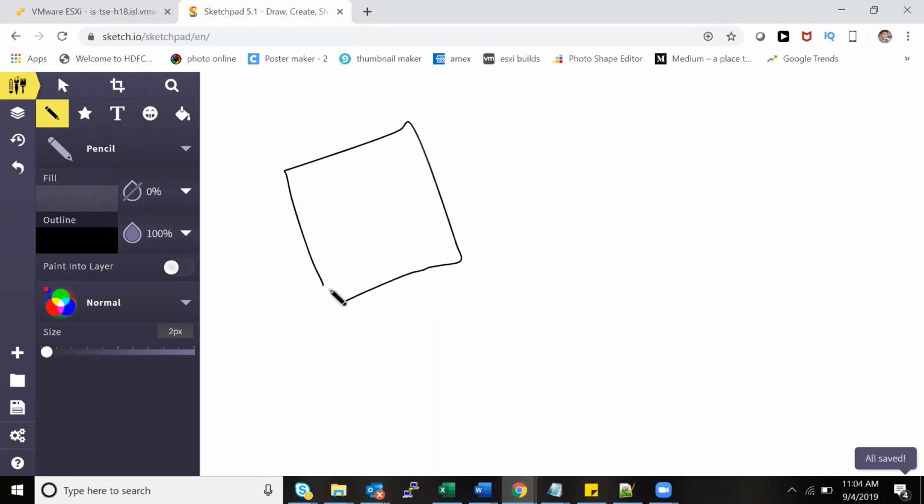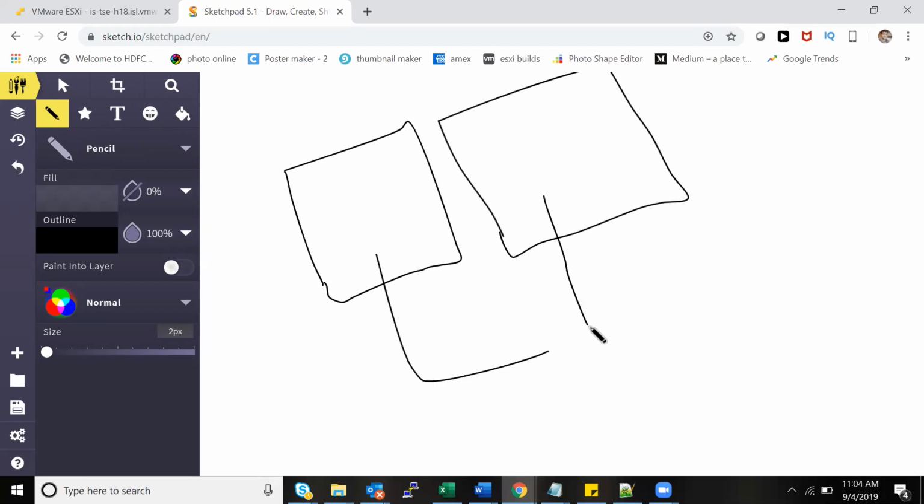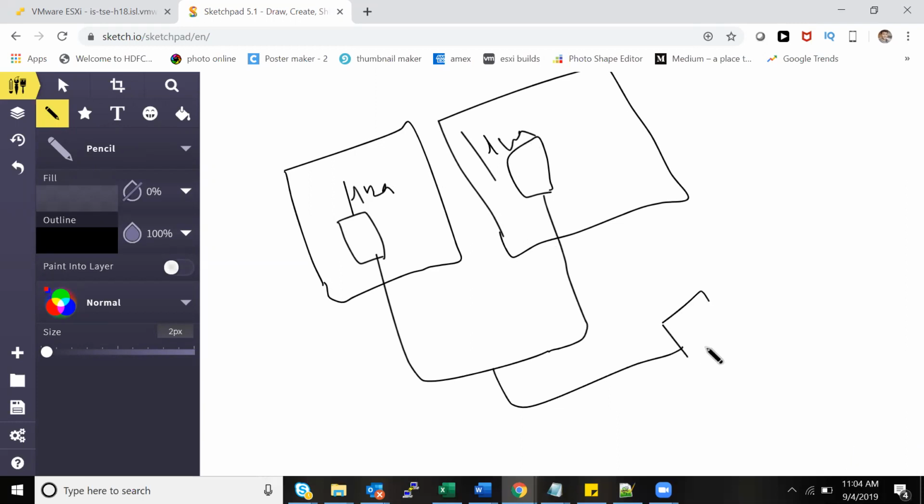Perfect. So now in my environment, I have two ESXi hosts. Let's assume this is an FC connection. For an FC connection, what should I have here to connect the cables? HBA card. True, I should have my HBA card here. Now my HBA cables, where will they go? SAN switch, FC switch, fabric switch. And where will the cables go from there? Storage processor.